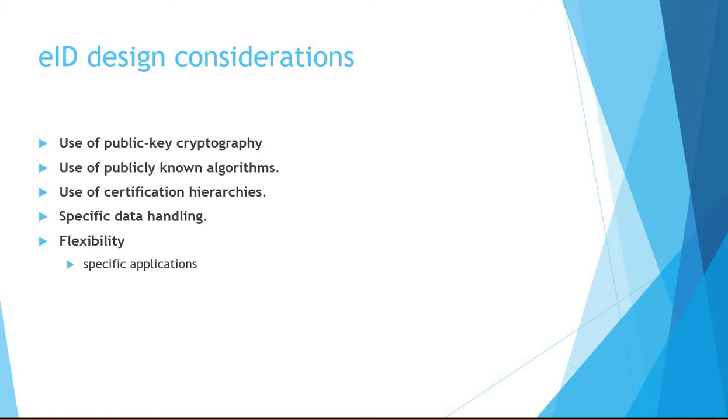So we are going to make use of public key cryptography, so that will be used to transfer the session keys safely. So using the session keys, the confidentiality will be provided for transferring the electronic ID card details for the verification purpose with some government offices, like for registering the properties or registering the vehicle information. For that, we can use it. On their side, whatever the service they have, they will use it. And most of the time, publicly known algorithms they will use for this purpose. They are not going to use any proprietary algorithms.